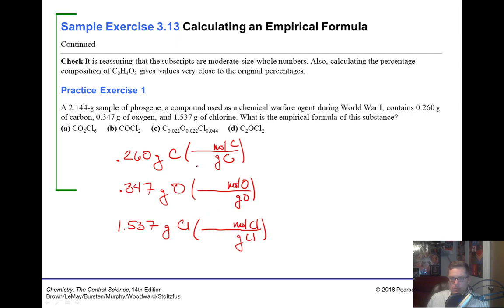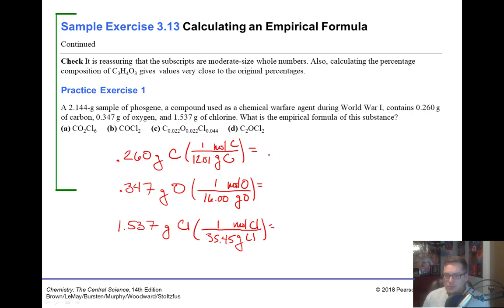All right. So now we just have to plug in our molar masses. So carbon is 12.01 to 1, 16.00 to 1, and 35.45 to 1. All right. Okay, so now we see what we get from all these. So we'll take 0.260 divided by 12.01, and I got